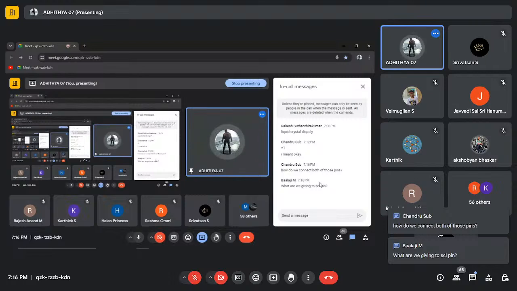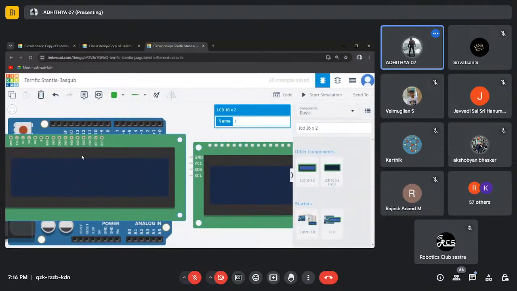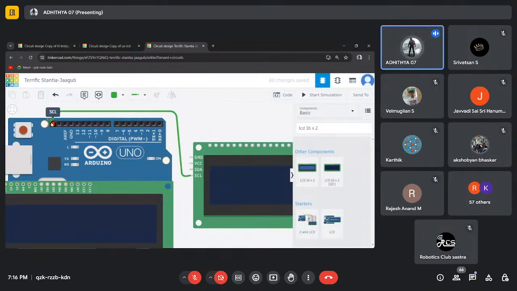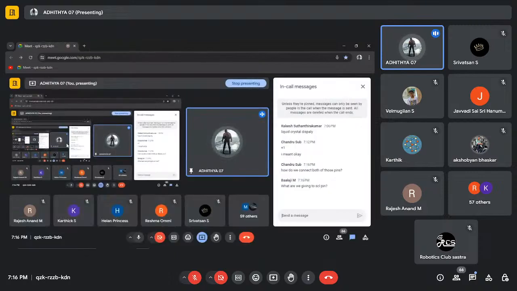How do we connect both of those pins? What are we giving to the SCL pin? This SCL pin will be connected directly to the SCL of the Arduino Uno, and SDA will be connected to the SDA of the Arduino Uno. So they communicate with each other. The inside content is not too important for us right now because we are taking the basics. So Balaji, we won't be giving anything. The Arduino will be speaking with itself, so there is an internal clock, a crystal oscillator in there. So that internal clock should be matched so that